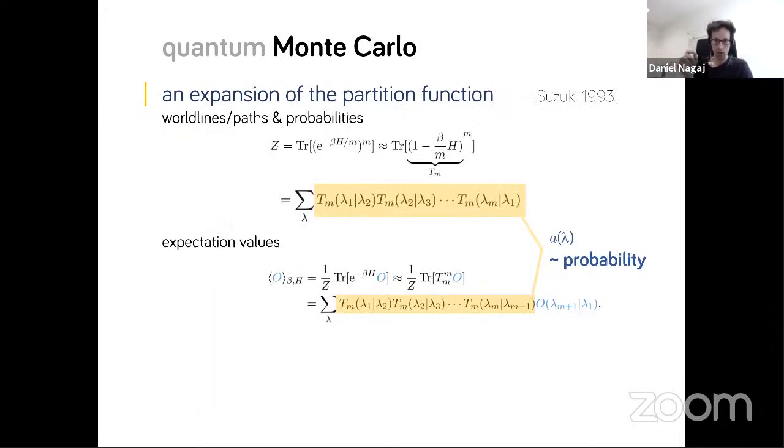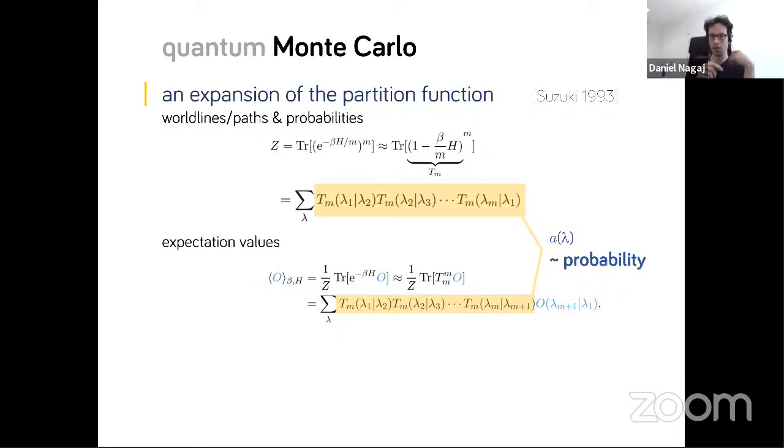So the world-line quantum Monte Carlo approach is an extension of the partition function, where if you want to calculate the partition function for a system with a given Hamiltonian H, I'm going to expand this huge trace that involves an exponential of a Hamiltonian. I'm going to divide it into many little pieces, and then each little piece is basically a transition from one state to another, calculated by some transition matrix. And when you look at how you calculate this Z, you can interpret individual terms as probabilities because they are positive for classical systems.